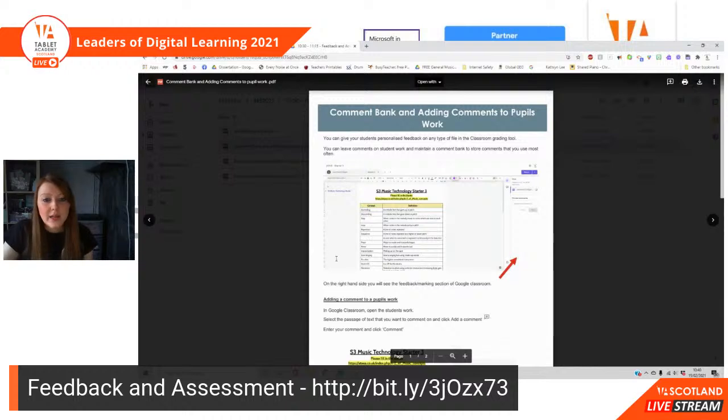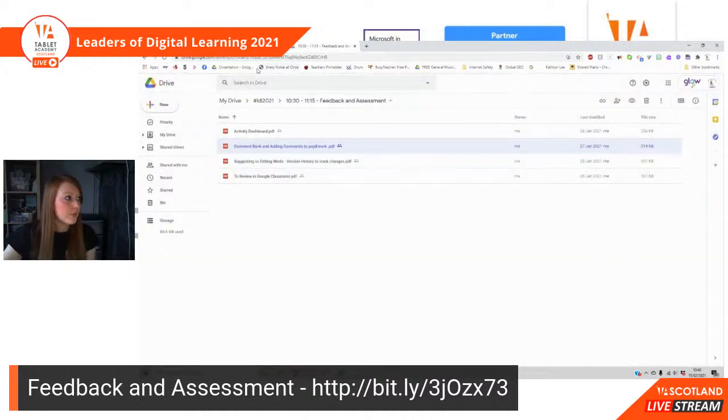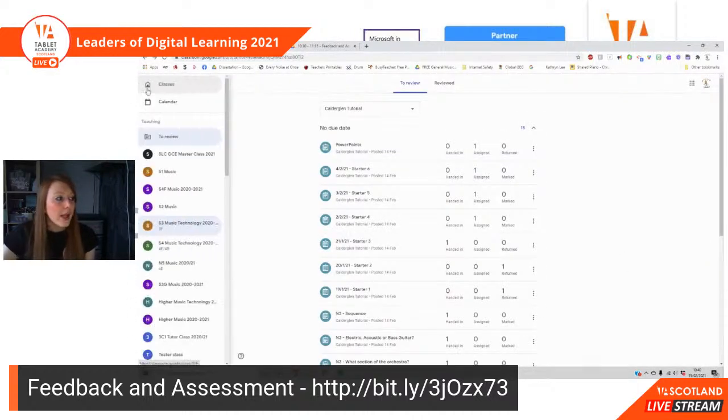There's a variety of ways that we can do this. Way number one I'm going to do is once you've assigned somebody or a pupil a piece of work, and you're now going to provide them with comment back on the work that they've produced. So I'm going to show you some examples, show you how to do it, and then we'll move on to the next section. So in my Google Classroom,